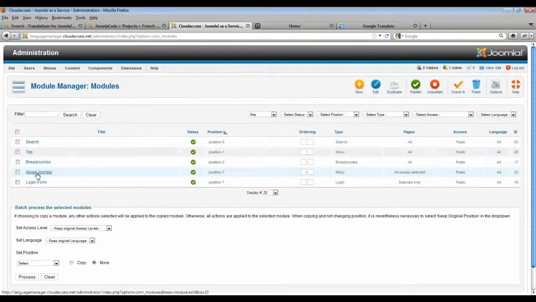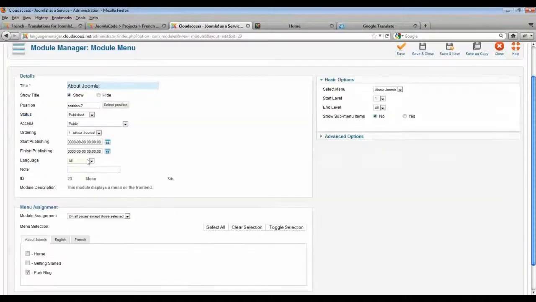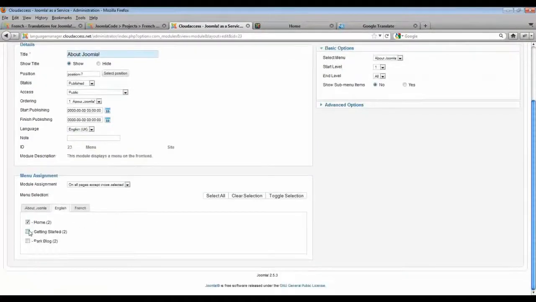and here's our About Joomla menu module that shows on the front page. We're going to take this and change it to the English language. Actually, let me open it and change it from inside the module. So we're going to change this to the English language, and we're also going to assign it to the English pages so that when a user is redirected to this English language, they see this menu module for the English